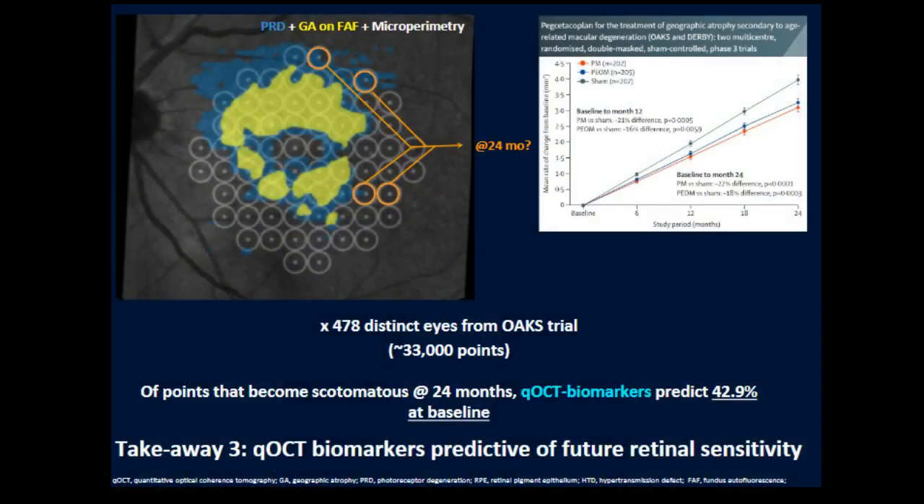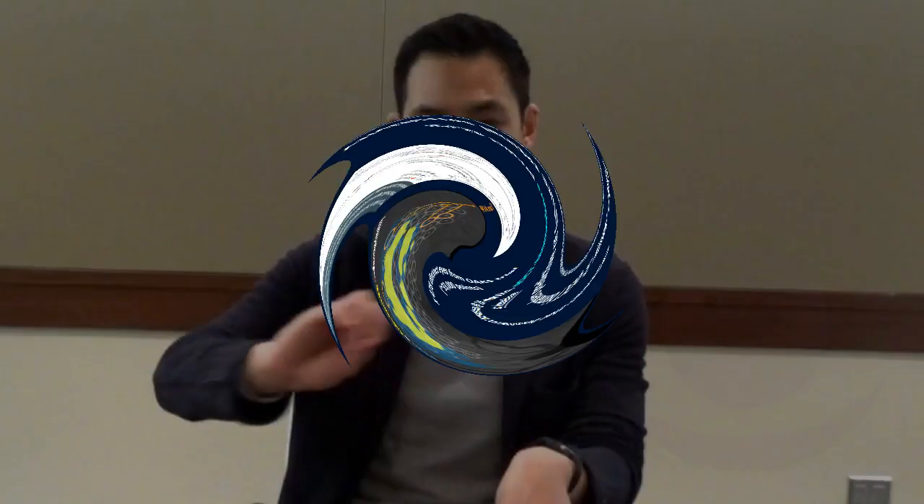We also looked at photoreceptor degeneration and isolation. That's a separate biomarker that we've published on. It's an independent predictor of how much GA growth you're going to have in the future. So if you have a lot of photoreceptor degeneration and isolation at baseline, in the future, you're just going to have more. And we essentially used that to show that the drug doesn't have an equal effect on photoreceptor degeneration and RPE cells. It looks like the drug, pegcetacoplan, seems to protect photoreceptors more so than RPE cells,